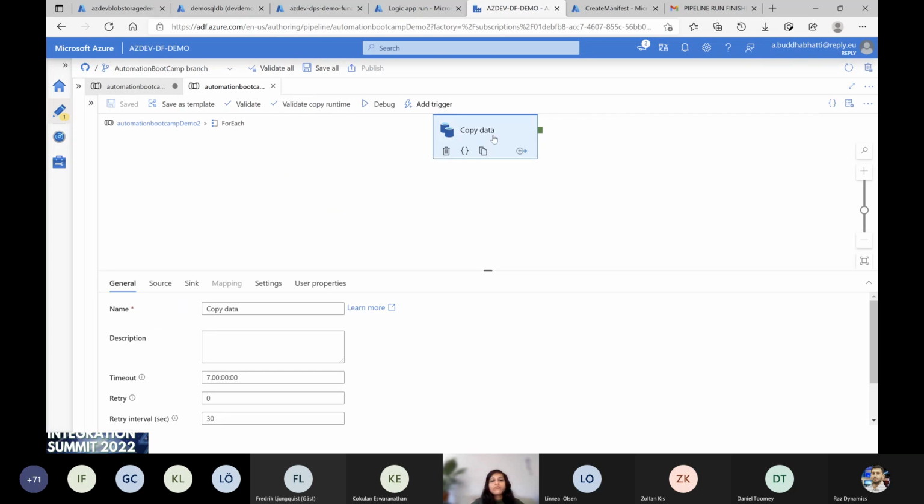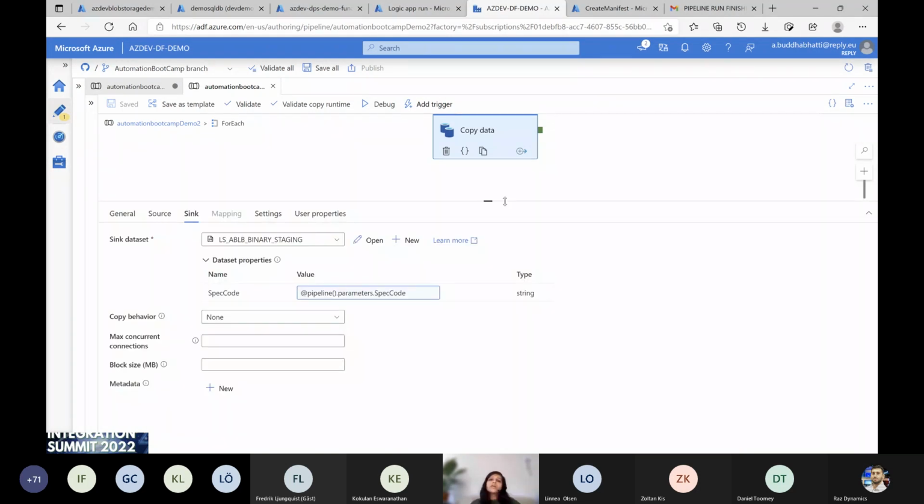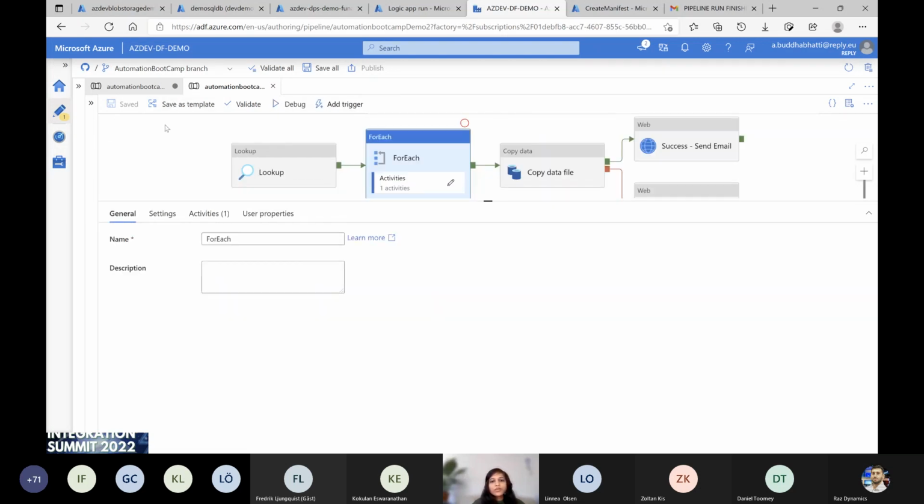It copies data from source to sink, and the sink is a binary one because I'm moving the image from source to sink. So I'm moving the image from the file container into an input container. So that is for that. And once all files move from one container to the other,